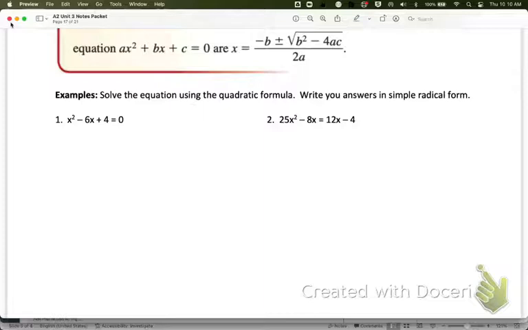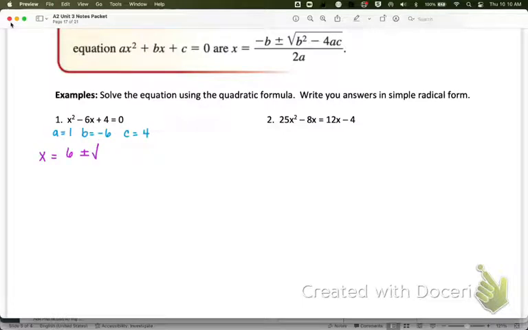So we need to start by figuring out our values of a, b, and c. So it's a 1x squared, that means a is equal to 1. It's a negative 6x, so b is equal to negative 6. And the constant is a positive 4, so c is equal to 4. So the formula is x equals the opposite of b. b is negative 6, so that means it's going to be positive 6,